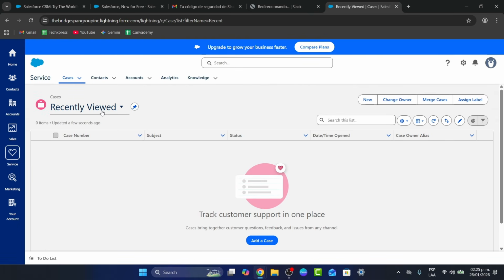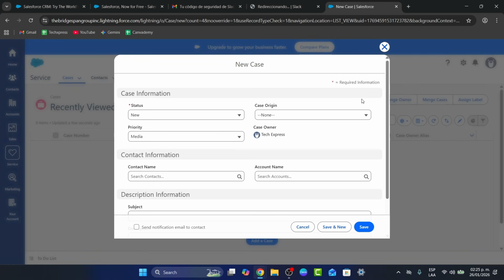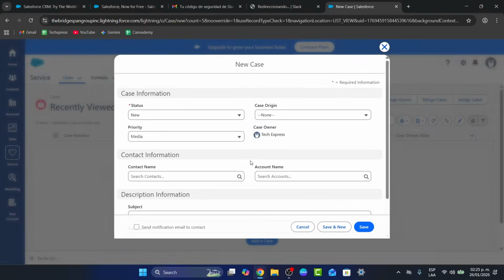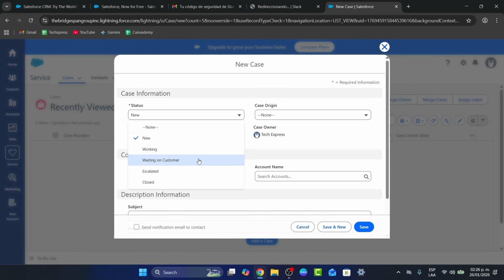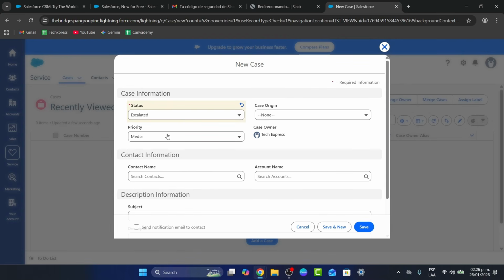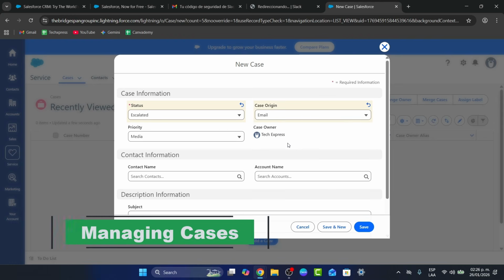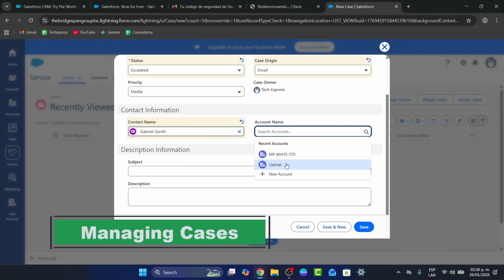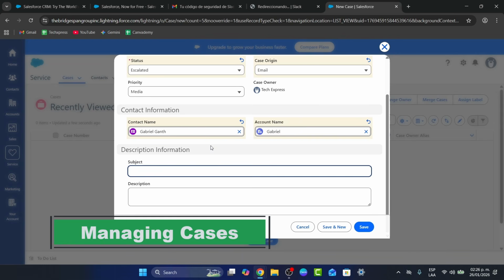Services is where I can start to track customer support in just one element, and I can start with my first case. Assuming, for example, that somebody wanted to contact me for something specific, that information will appear in a specific case. Let's say, for example, this is an escalation, medium priority, and the case origin is going to be email. Contact name, let's say this guy with this specific account. Subject information, let's say, for example,